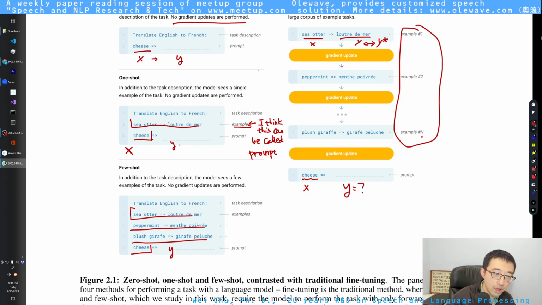Using the paper's words, this is called in-context learning.